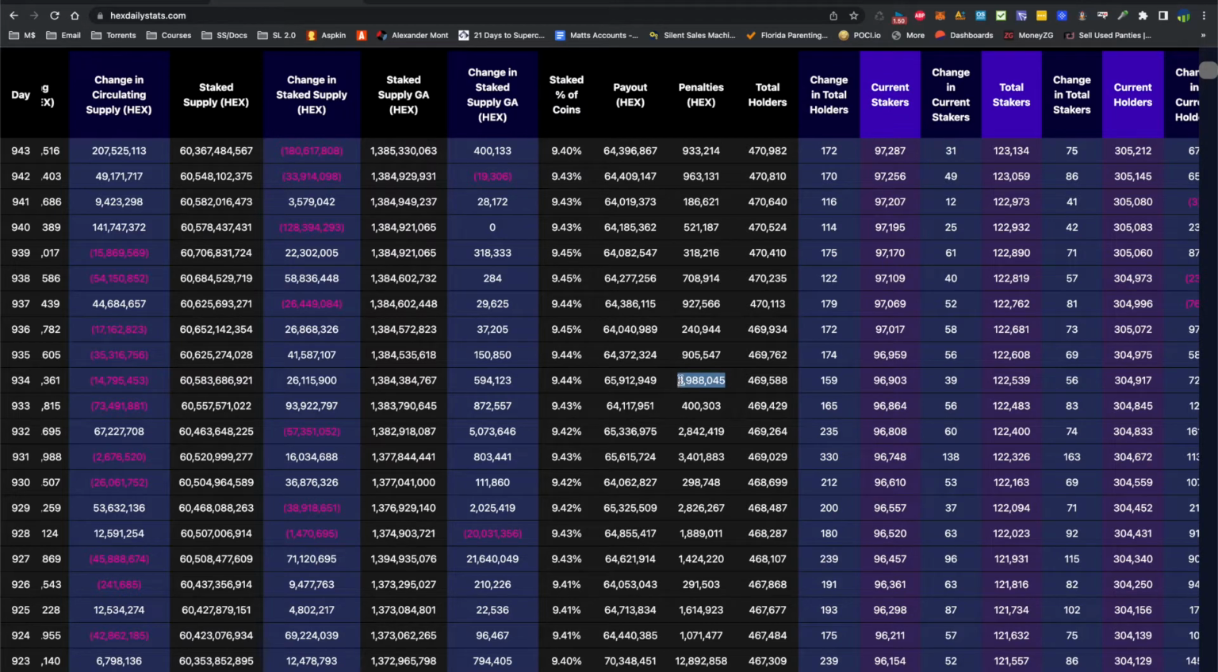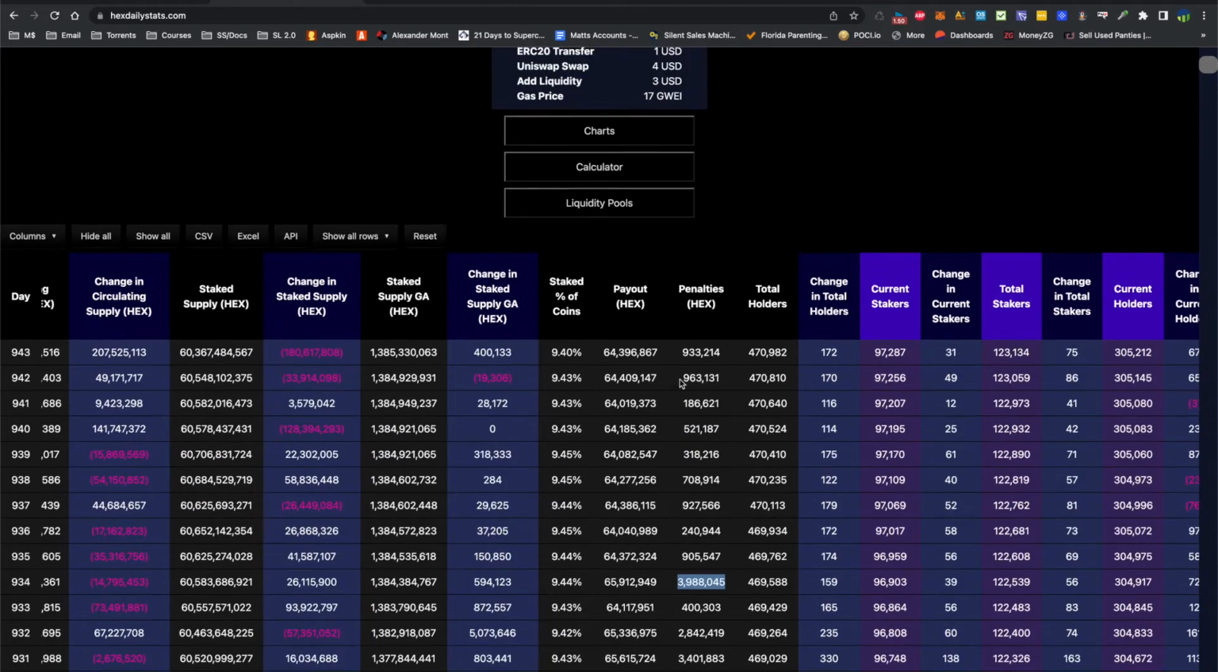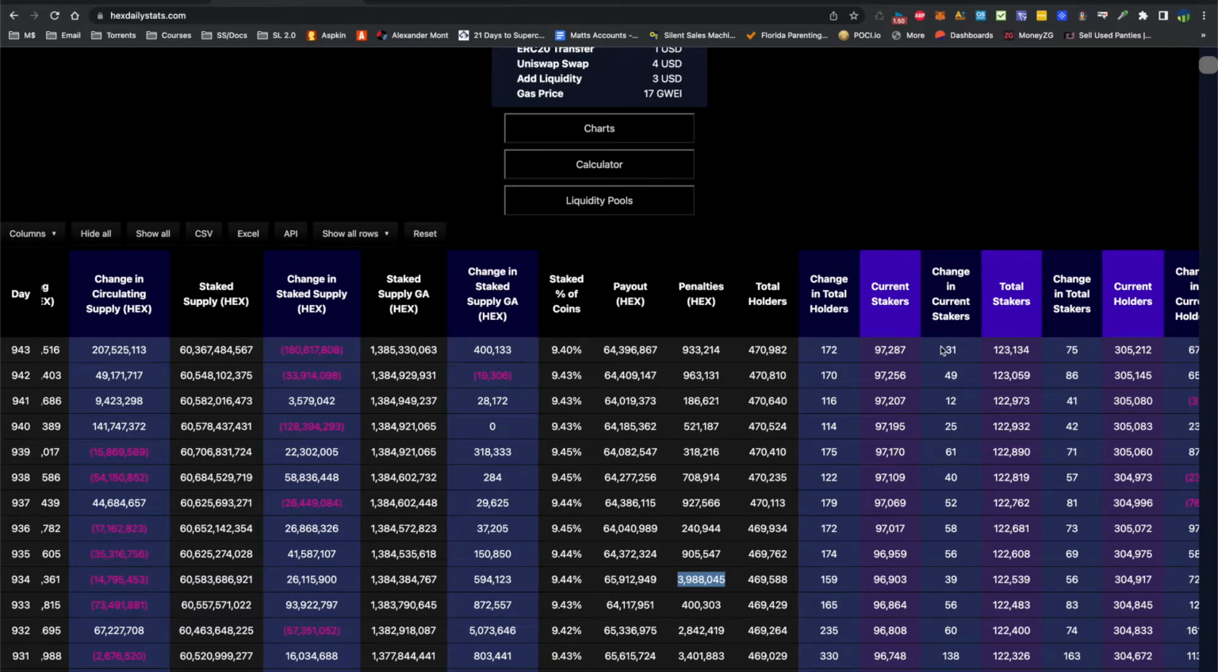So right here you can see there's penalties, and all these rows are days. You can see like on this day here there was 3,988,045 hex that people got penalized. So you get some of these penalties depending on how many T-shares you have. And then if you want to look on here also, you can look at the